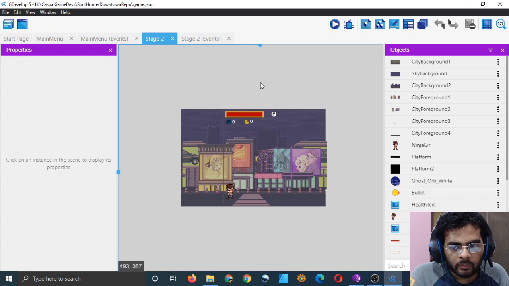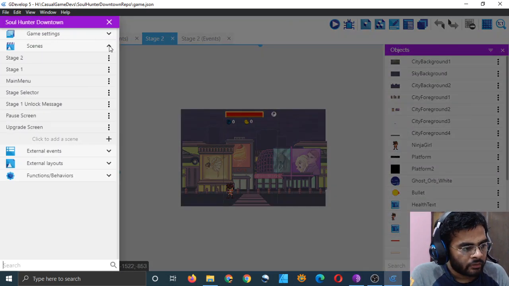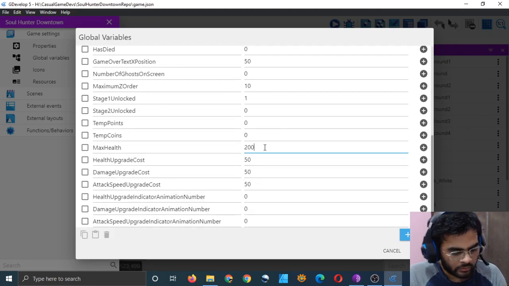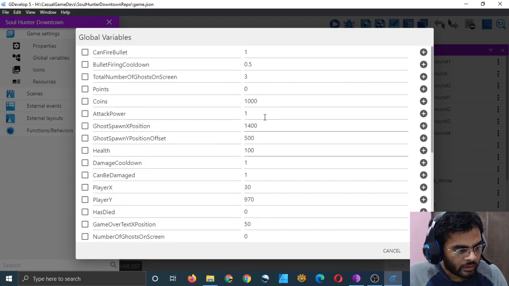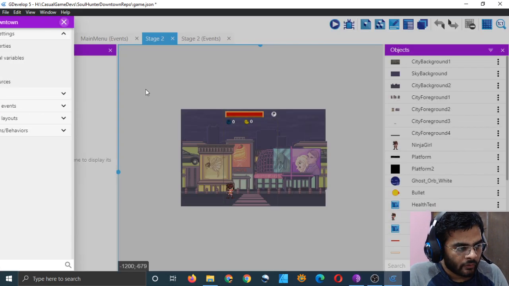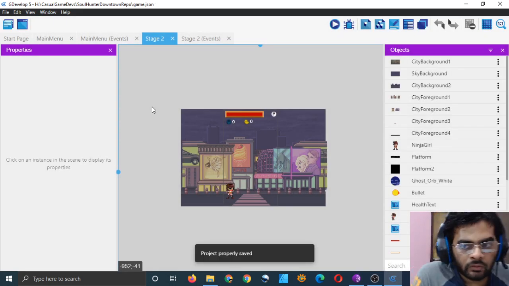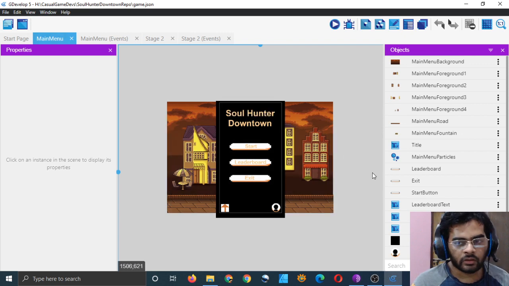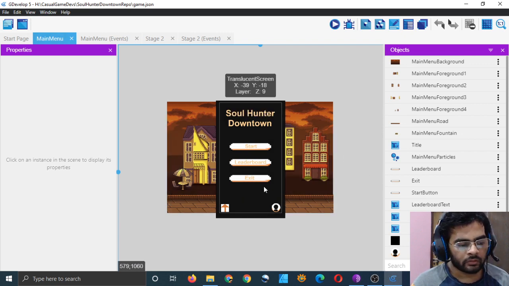So yeah, now it's updating properly, and we set our health to 200. I guess max HP, max health to 200. Let me change it back to 100, and let me change the coins back to 0. Live. Okay. So our game is working well, and we have tried to minimize the number of bugs which we have. So far we had many bugs, but we have fixed them all.